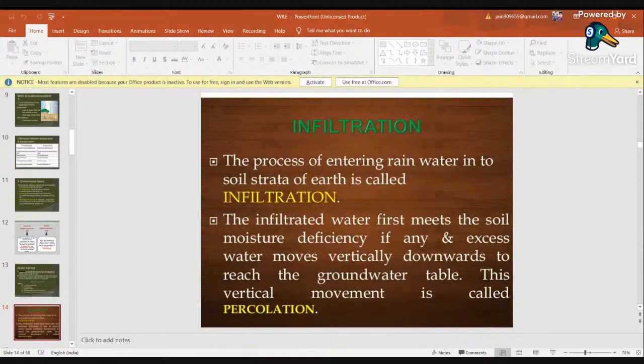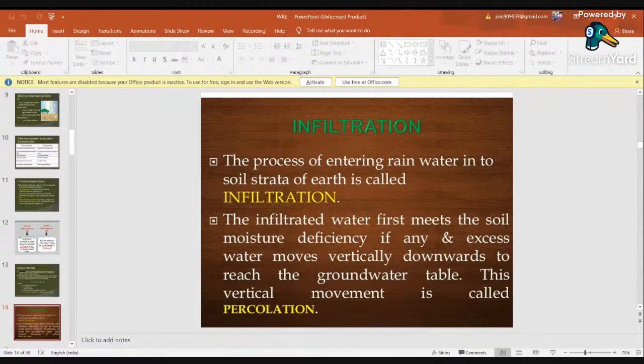Okay, the next process is infiltration. The process of rainwater entering into the soil strata is termed infiltration, or the amount of water that will percolate or enter into the soil strata or ground strata is termed infiltration. So the process of infiltration,